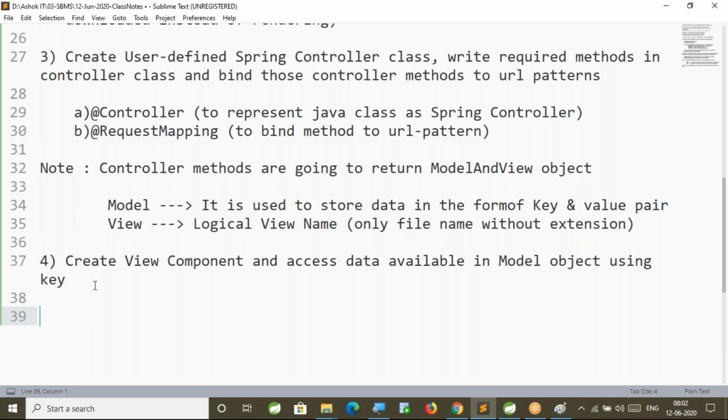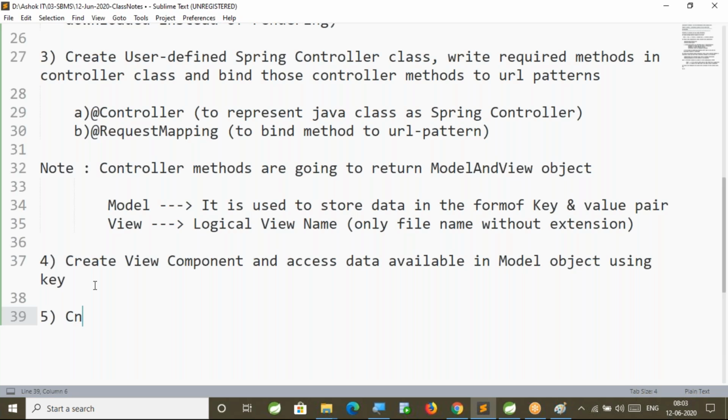Next, after your view file creation is completed, here I'm using JSP as a view file. In that JSP, I will access the data by using model keys, which is used to display to the browser. After that, we need to do some minor configurations in the application.properties file or application.yml file.